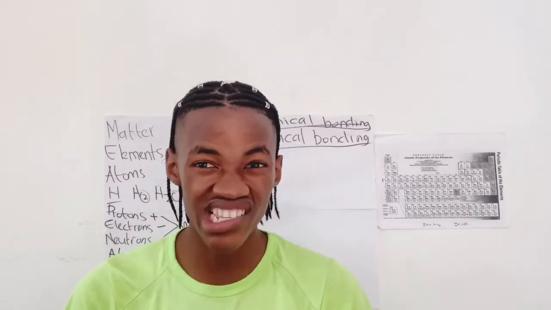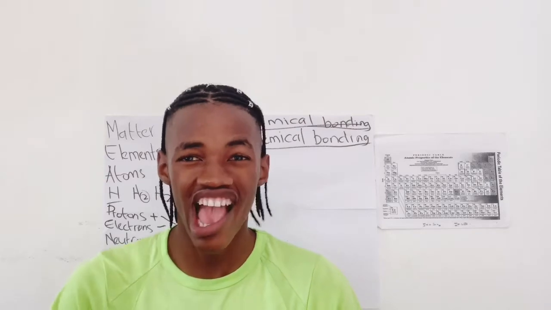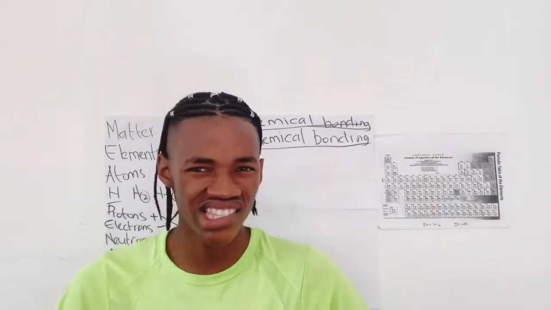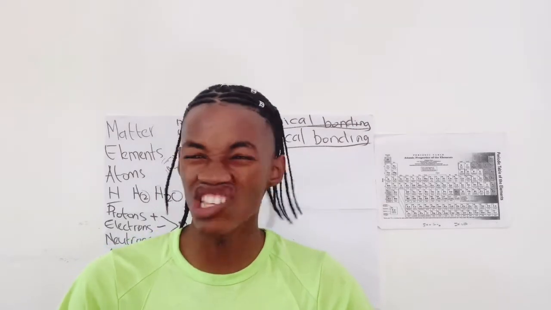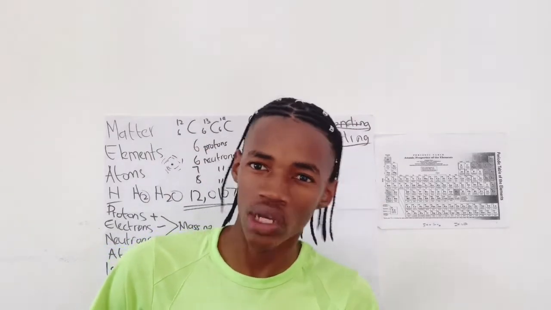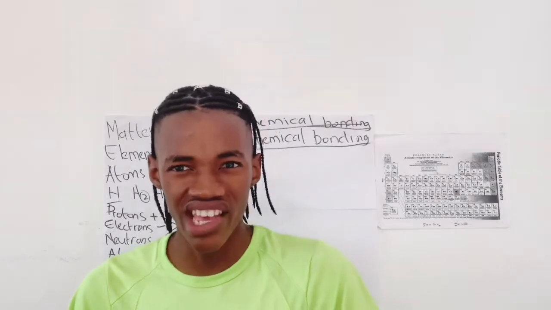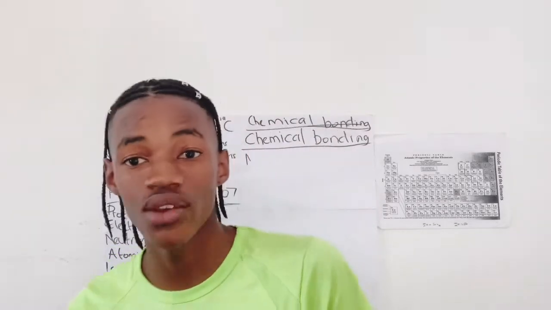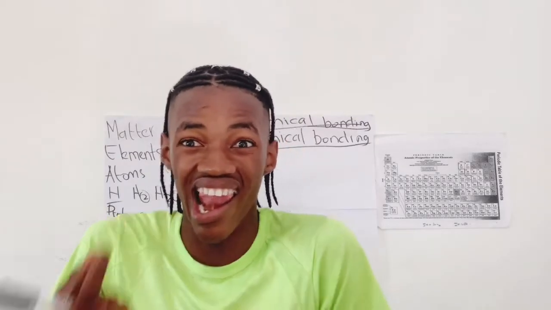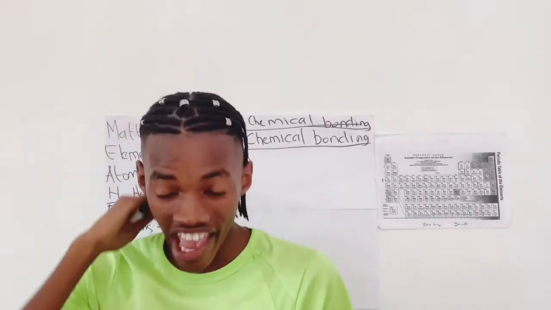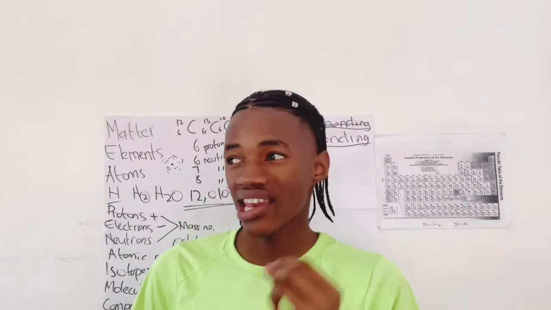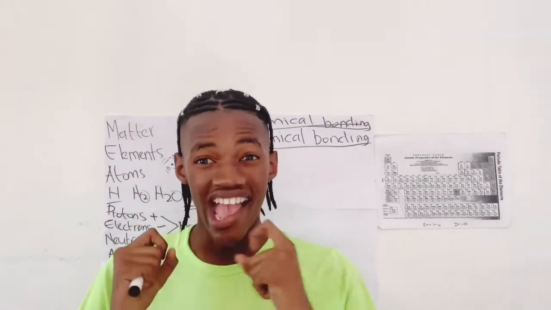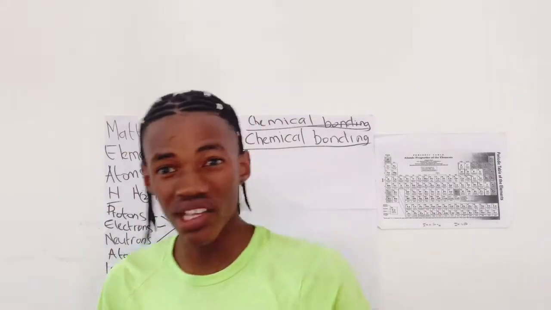We say the most likely location of an electron because electrons are in constant motion every single minute, second, hour. So there is no way you can know the exact location of an electron. That is why we use the term orbital, and we say the most likely location, right? And then an orbital can hold a maximum of 2 electrons,